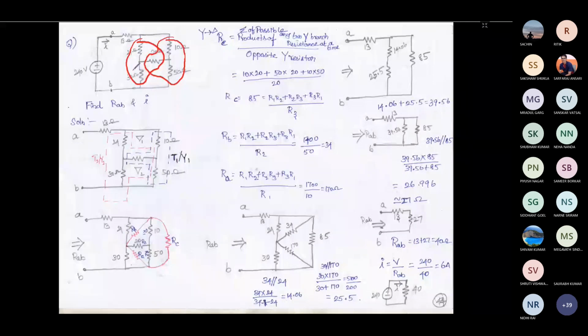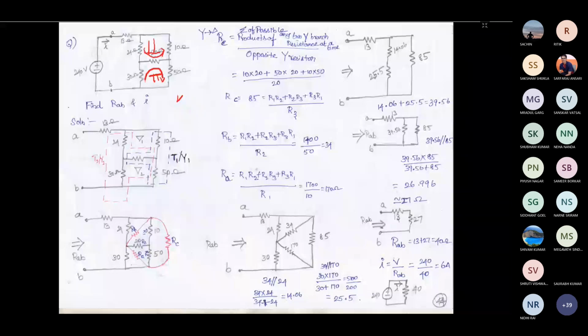For star, now you can also consider a delta combination, because this is like a pi model, an inverted pi. This is like a pi model, and this is like a pi model. This particular loop is like a pi model, and this particular loop is like a pi model. So you have four combinations: to delta, to star. If you are comfortable with star to delta, you do that. If you are comfortable with delta to star, you do that.